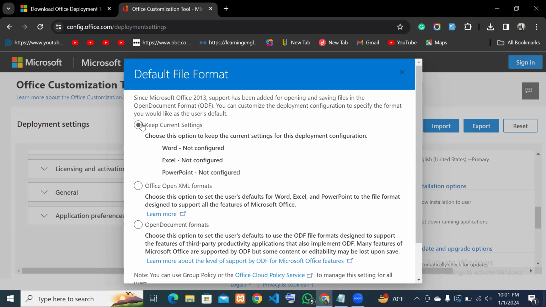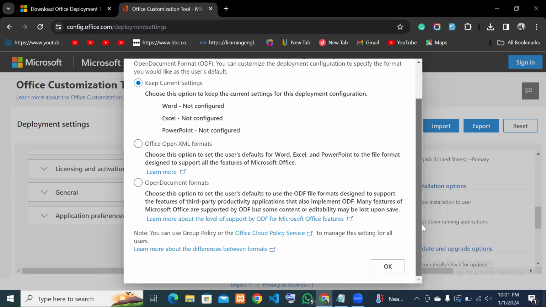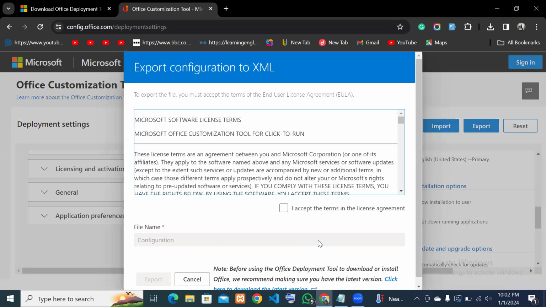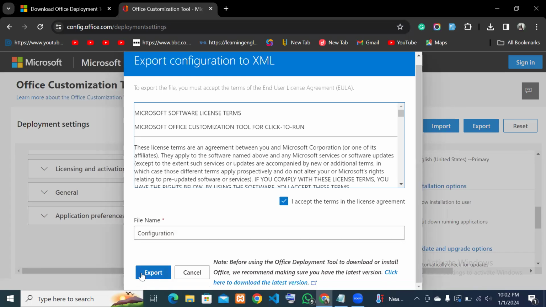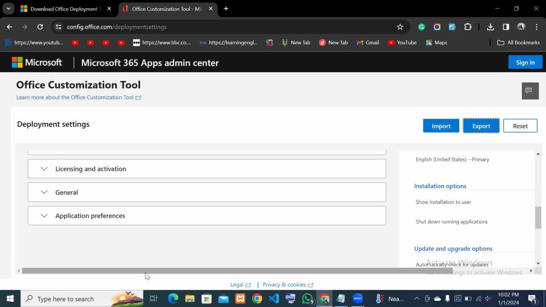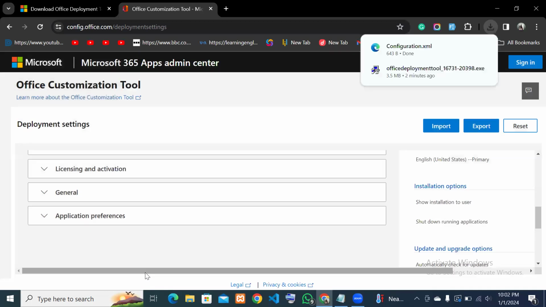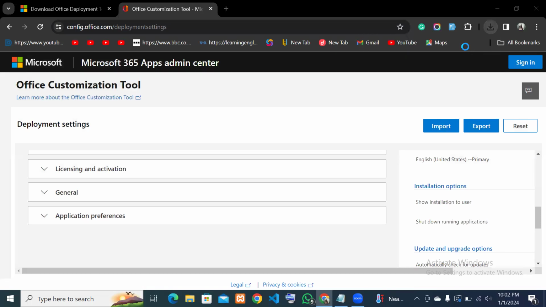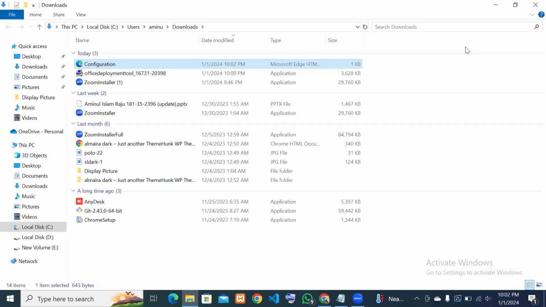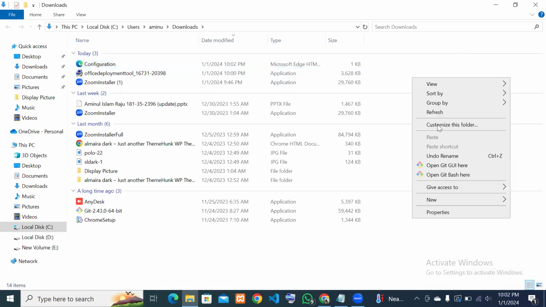and keep the current settings. Then you have to scroll down and, okay, then I accept all terms. Then you have to select export. Okay, then go to the folder. Okay, fine. Then create a new folder,